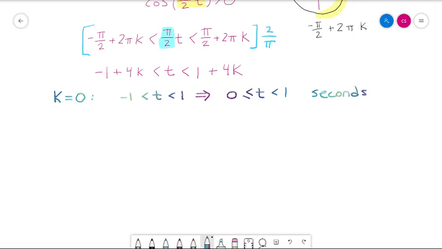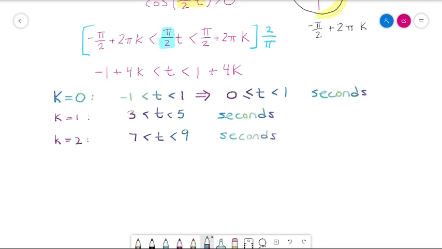And then what about the next? Well, k is an integer, so we're going to go to 1. And when k is 1, it's -1 plus 4, and it's going to be 1 plus 4. Okay, so it's 3 to 5 seconds. And when k equals 2, we can do this forever, right? If k equals 2, it's going to be -1 plus 8, and 1 plus 8 seconds,